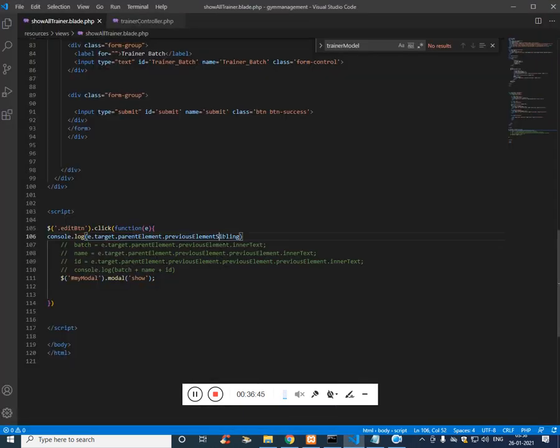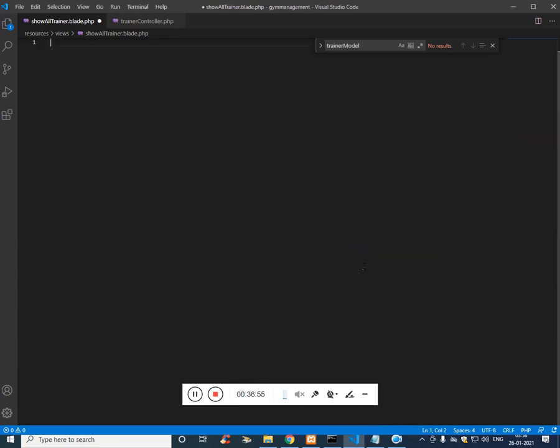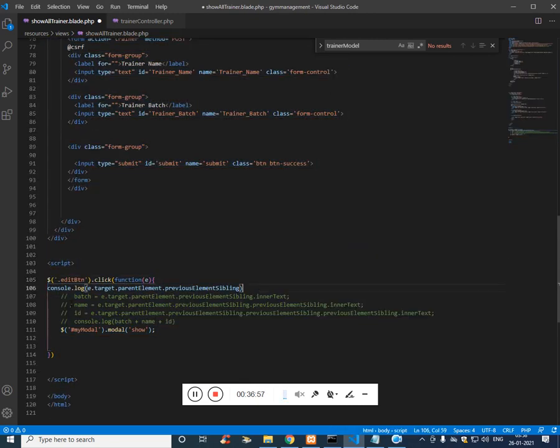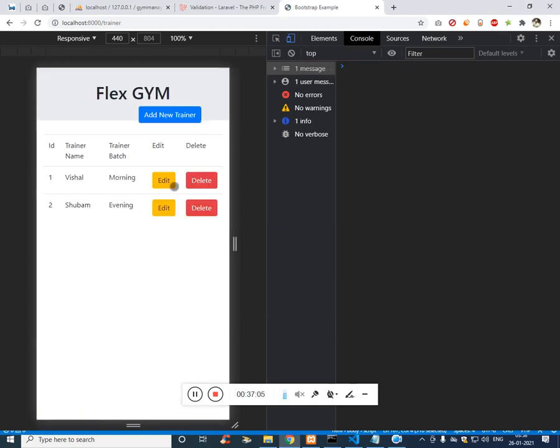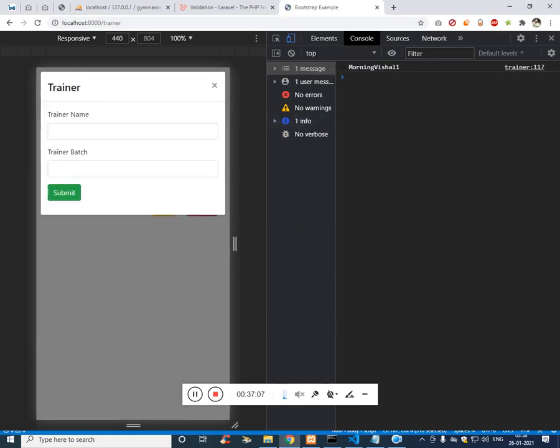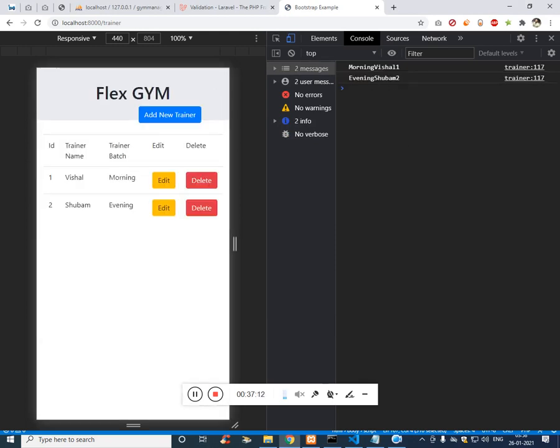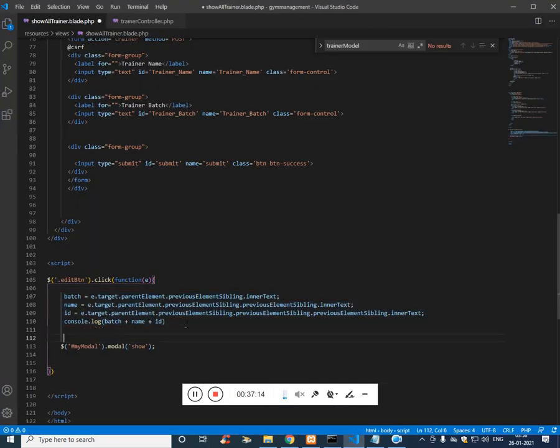Fine, now this should work. Just we have to type previousElementSibling everywhere. Just remove the console and call this. Now I can show you. If I click on edit, morning Vishal 1 shows up. So this is Shubham. If I click on edit, Shubham shows up. Fine. Now these values are retrieved.